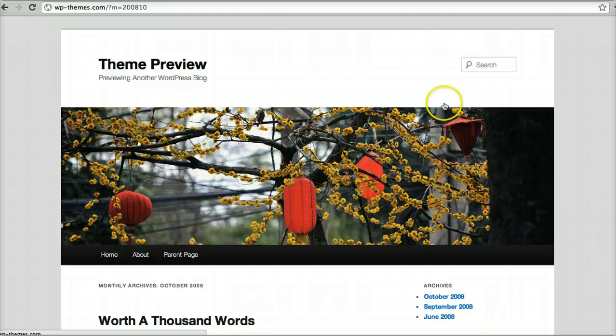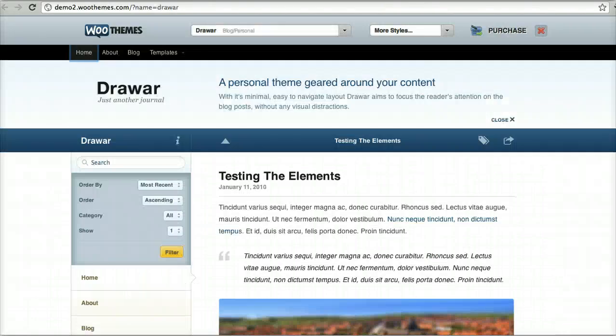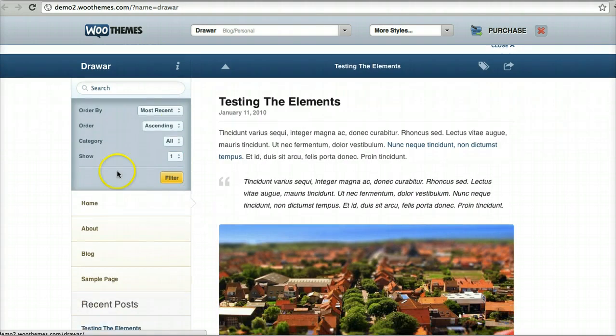And before ending this video, I want to highlight a couple of websites that show glimpses of something interesting when it comes to the possibilities of digital archives and WordPress. The first is Woo Themes, and I'm looking at a theme here called Drawer. And look at the sidebar. I just want to highlight this widget, this section of the sidebar. In the main page, you can see there's a search box, and then below that there is basically a series of filters to filter the content within this theme.